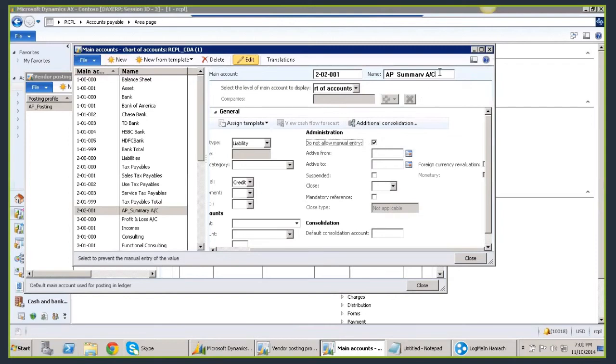Remember, people will ask you this question in interviews, and you should be able to answer correctly. This ledger account is going to represent the vendor balances.